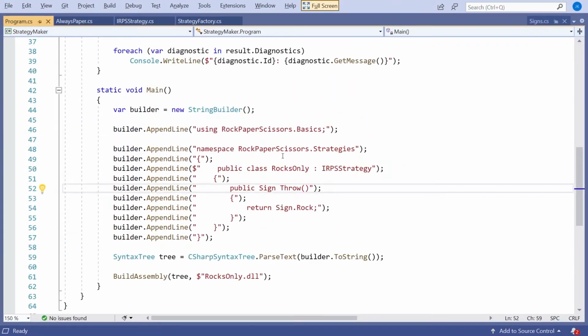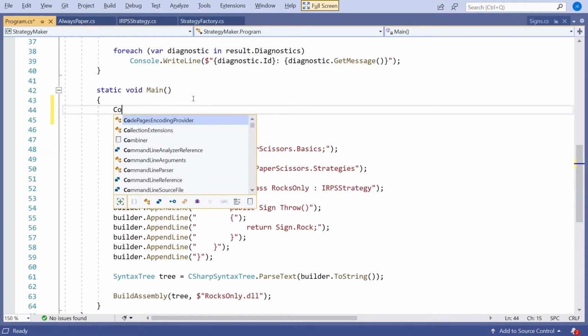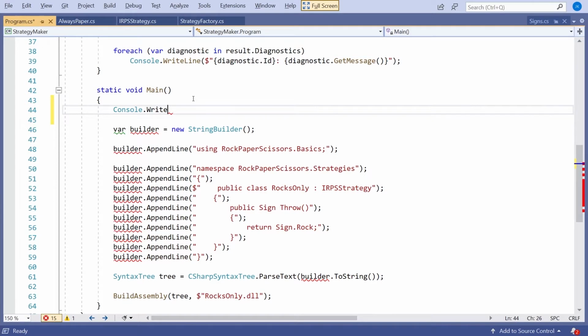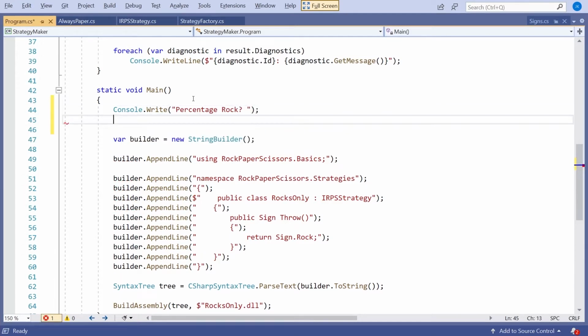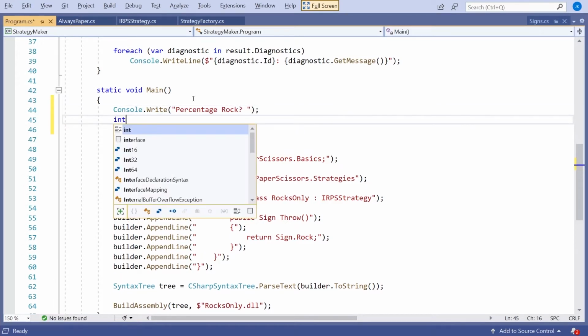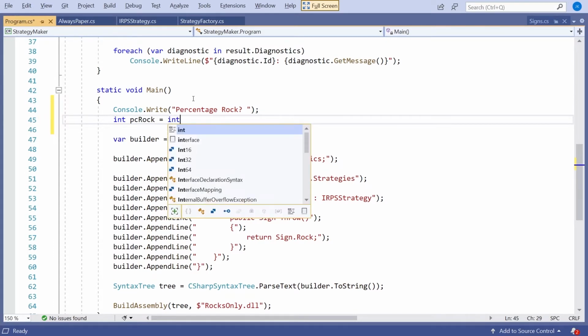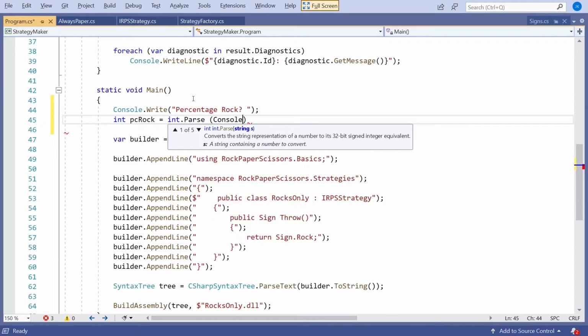So let's do that. So what I'll do here is let's firstly output a message. So we'll do a Console.Write, and here we'll ask them for the percentage rock. And then we'll say int pcRock equals, and then we're going to have to do an int.Parse, and then a Console.ReadLine.